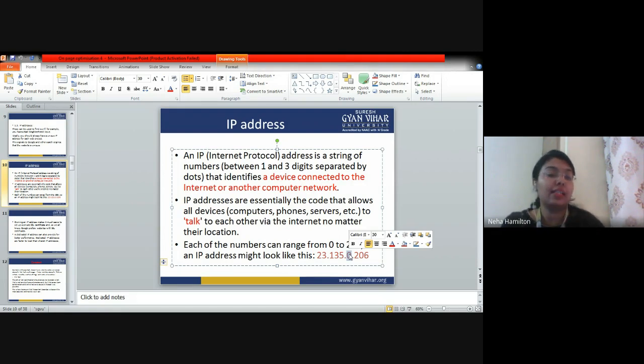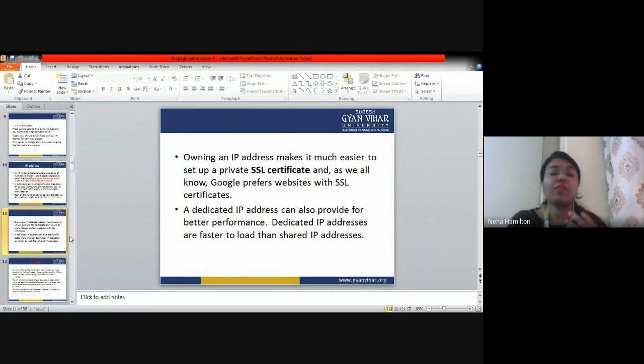In the settings section, in your computer network section, in your mobile phone settings section, you can find out your IP address, right? Now, how about IP address? What about IP address? If you own an IP address, if you have purchased an IP address from a hosting company, that means you have a good budget, you are a reputed company. If you are doing so, you get an SSL certificate.